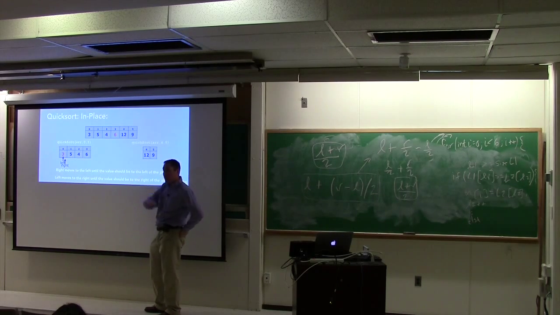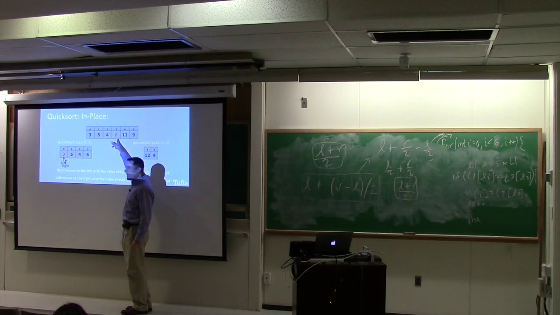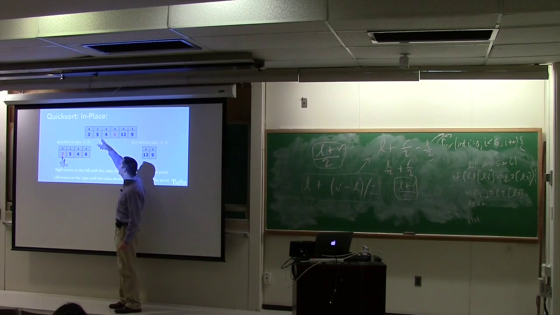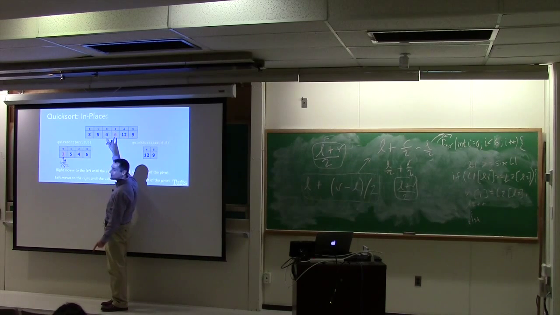Does our algorithm break? Yeah. At some point, your left and right might get there, and then you'd have to do some swapping. Sometimes your right might have to cross over and then eventually you might have to swap. But the nice thing about the algorithm we had before was that we were always putting something that had to be to the left of the pivot